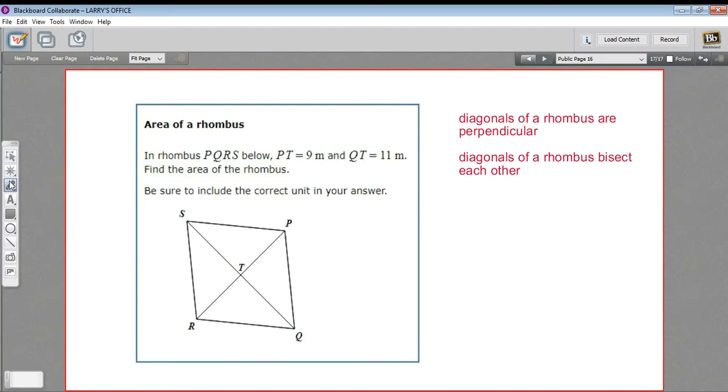In this problem, we're being asked to determine the area of a rhombus, and they're telling us about a couple of parts of the diagonals. Segment PT is 9, and segment QT is 11. So one of the things we're going to need to know about is some of the properties of the diagonals